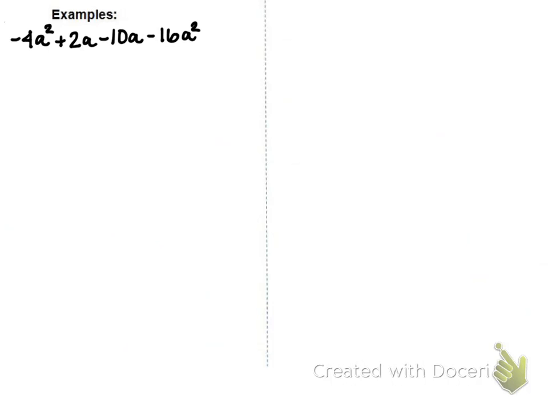So we do have multiple variable parts that have different pieces of like terms that we can put together. So let's go ahead and identify the two terms that have a squared and box those in as -4a squared and -16a squared. And similarly, how about those pieces that have just a? So we have a 2a